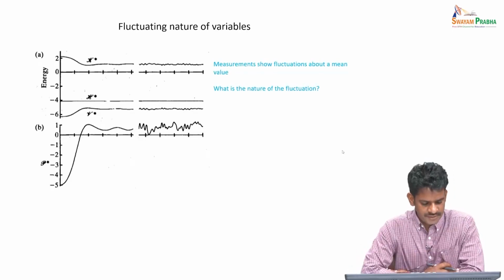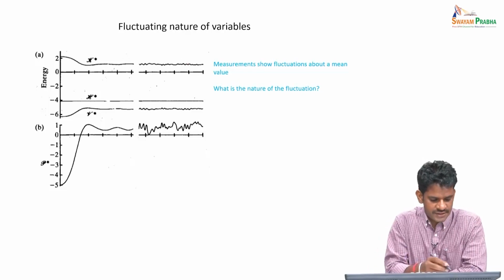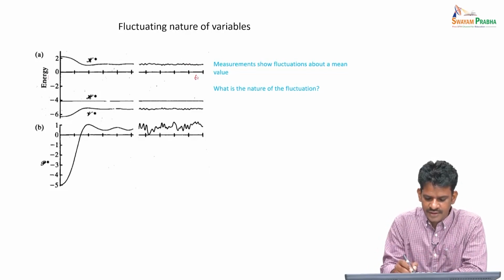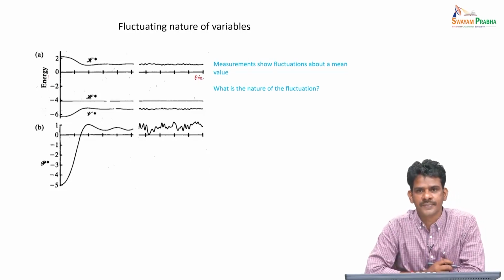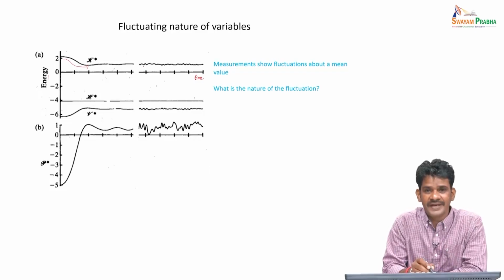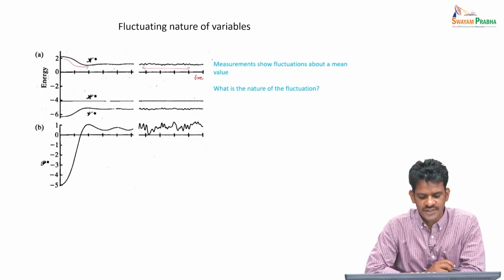You might see this kind of fluctuations in several variables. For instance, what we are showing here is the energy as a function of time in a typical MD simulation. Initially there is a drift, and then if you wait long enough, we see that this quantity, in this case the kinetic energy, fluctuates about a mean value. We said that such a characteristic is coming from the equilibration phase.